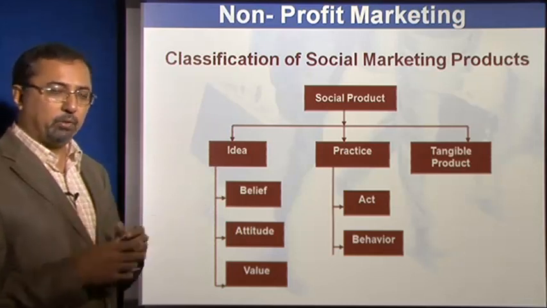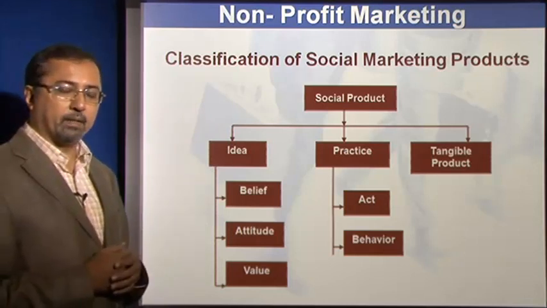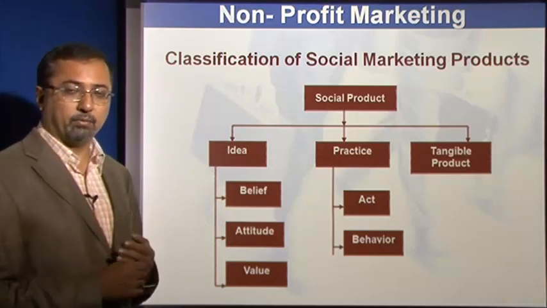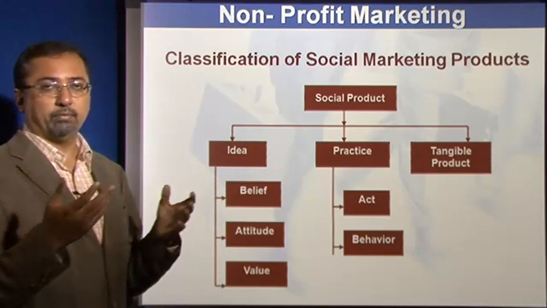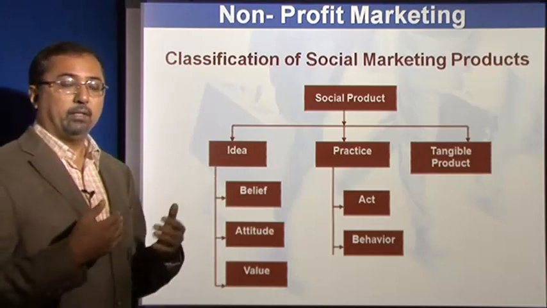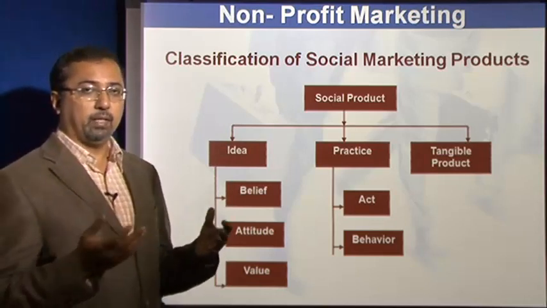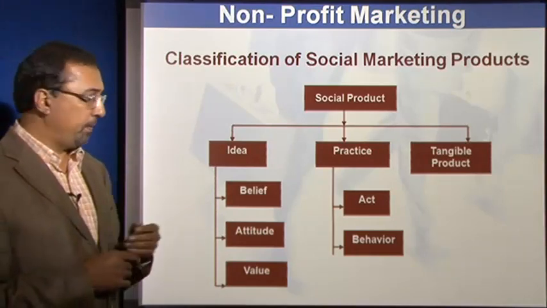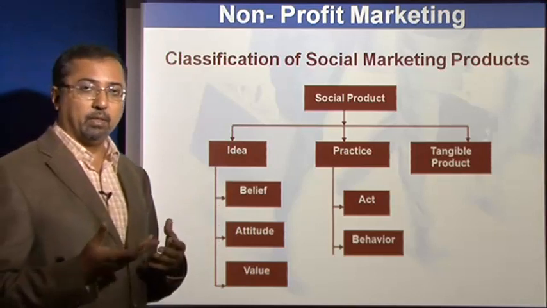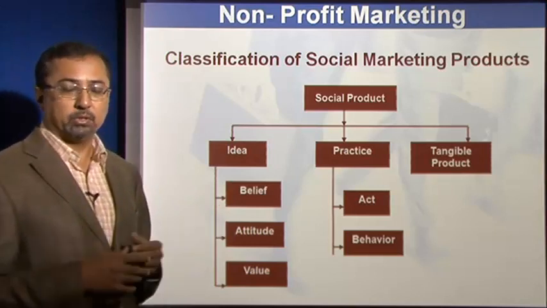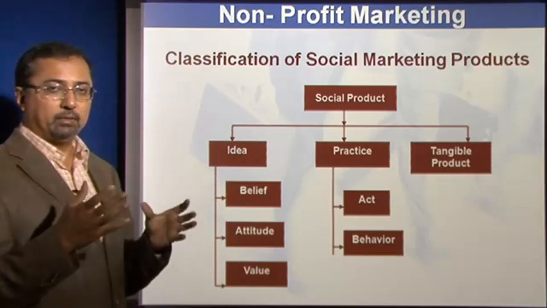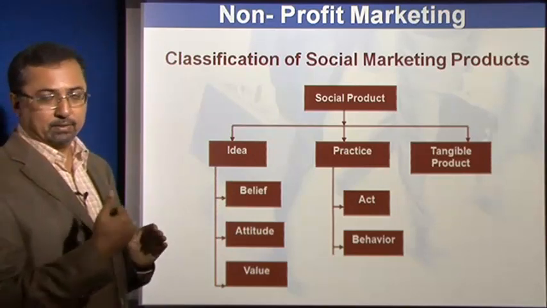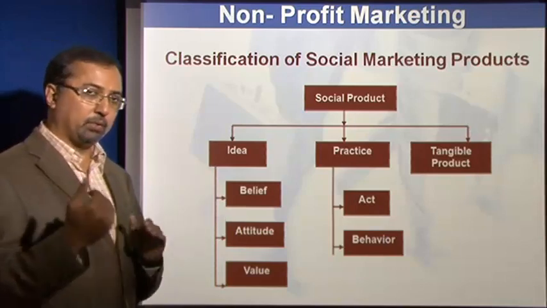So it is important to understand where exactly does one have those kinds of values, what our attitudes to various things are. For example, our attitude, say, if you are men to women, our attitude, say, if you are fair skinned to those who are dark skinned. So those are important things for us to understand. And then there could be beliefs. For example, you believe in ghosts or spirits. Okay, so all these are different at different levels of ideas. So one must try to understand what is one trying to change.